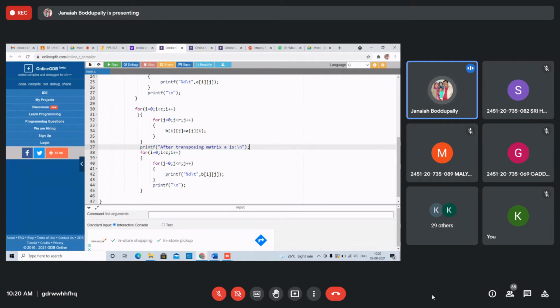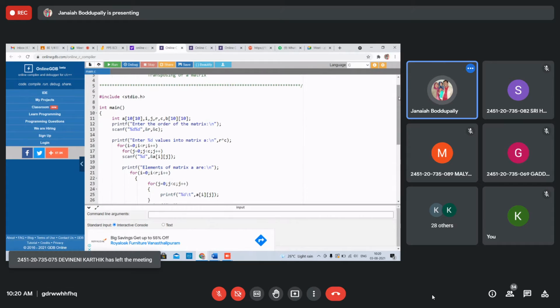The transposing elements, these are the steps to transpose, right? These last steps are to transpose the elements. Transposing of the matrix, we are displaying the transposed matrix, right? How to read, how to display, how to declare, everything, I gave the syntax. Transposing matrix, see this.